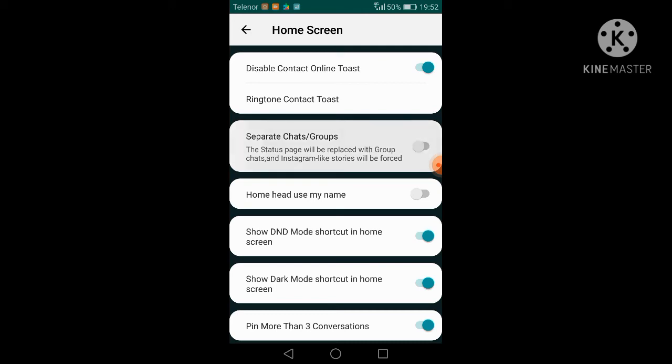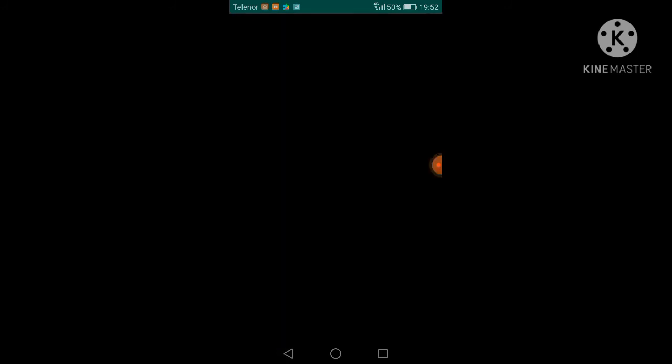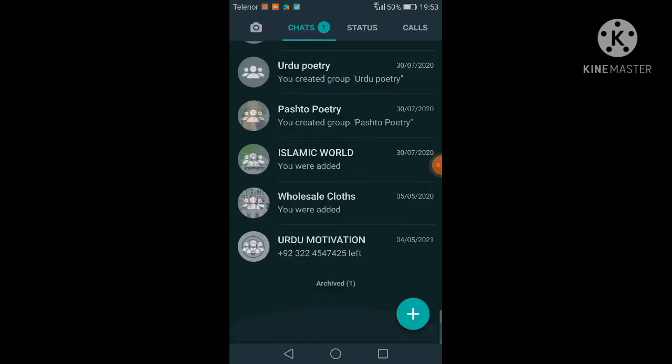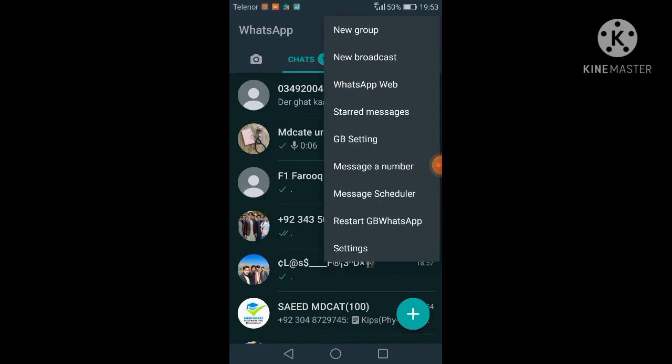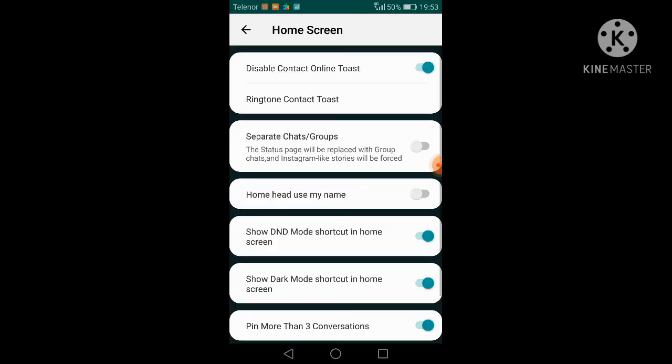If you turn this off, you will see there is only chat. Okay, now the group, everything is mixed, but we don't want it mixed. Just click on the three dot button, GB setting, then the home screen and open this button. Wow, this is amazing. Now the chats and groups are separated from each other.